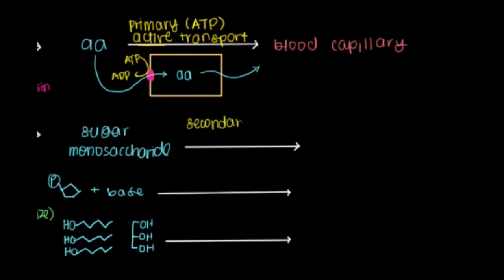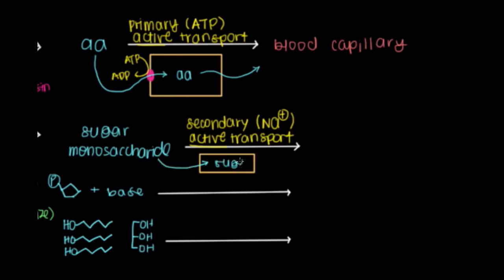Monosaccharides, or sugars, have a similar thing going on, but instead of primary active transport, we have what's called secondary active transport. So if we use ATP for primary active transport, what do we use for secondary? Well, the fact that we're saying this is still active transport means that there was some energy used at some point. And the energy was invested in setting up an ion gradient. The ion gradient can then be used by allowing something like sodium to flow down its gradient, to go from a place of high concentration to low concentration where it can relax. And by allowing that to occur, energy is harnessed,